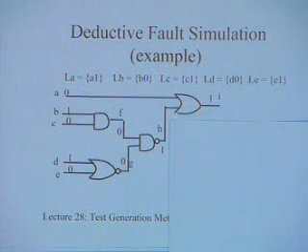Now I perform a successive evaluation. The method of evaluation is like this. At each AND gate you have to find the intersection of the lists at the inputs, and at each OR gate you have to find the union of the faults at the input, except with one major thing that you have to remember. If the true value of a signal is 1, then I have to use the complement of the list. This complement of the list, when I say LA complement,